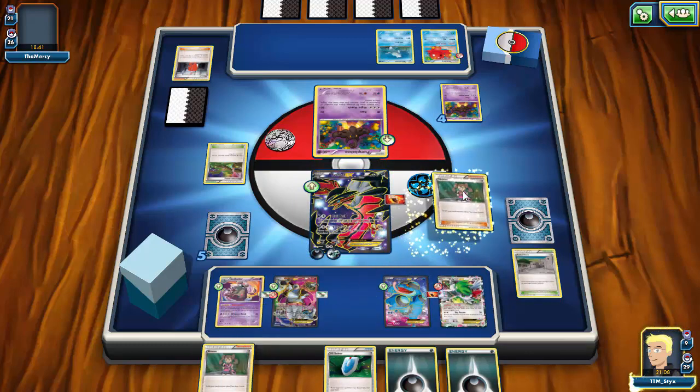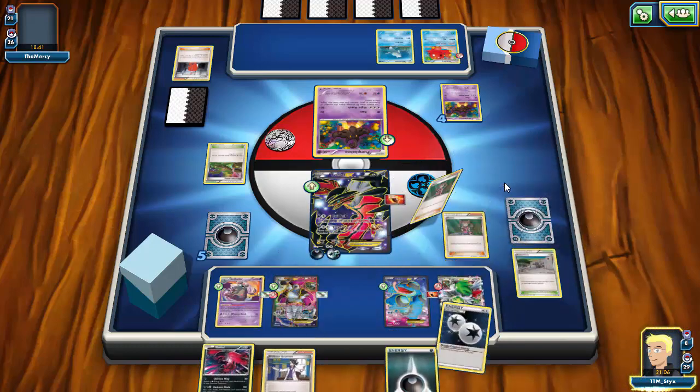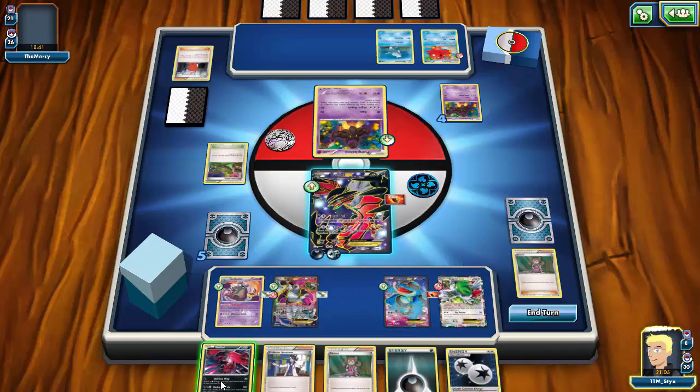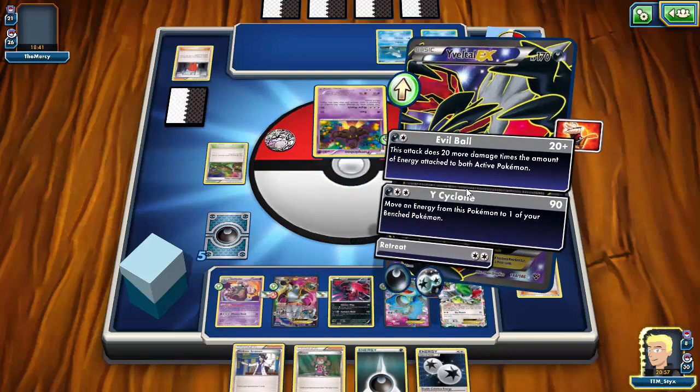just in case my opponent had a pretty good hand. So what I am going to do is just go ahead and Shauna, get 5 cards, hopefully get the... Oh, there's a DCE. Okay, that works. And then let's just go ahead and play the Yveltal on the bench. Go ahead and go for, I think, a...